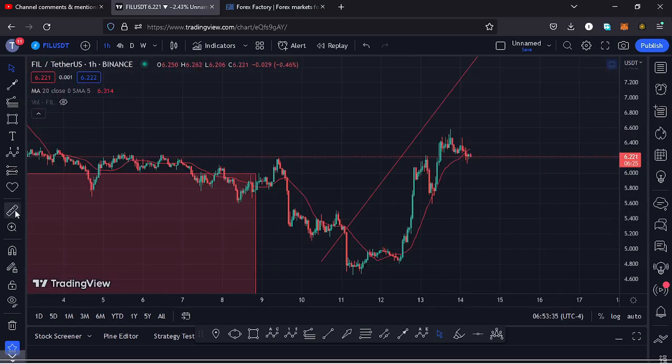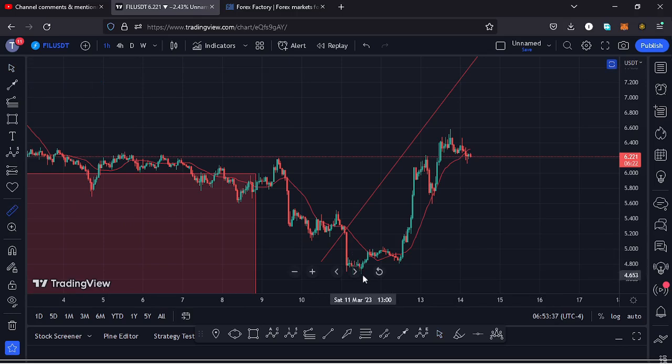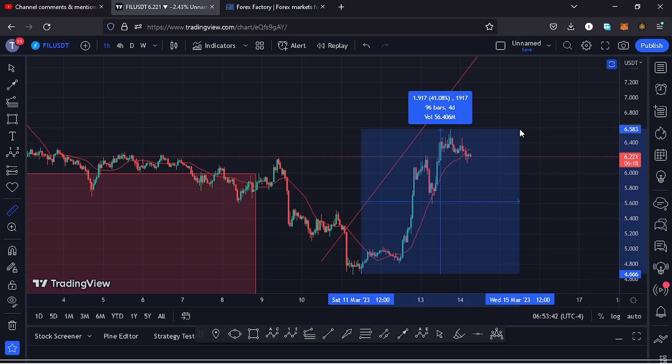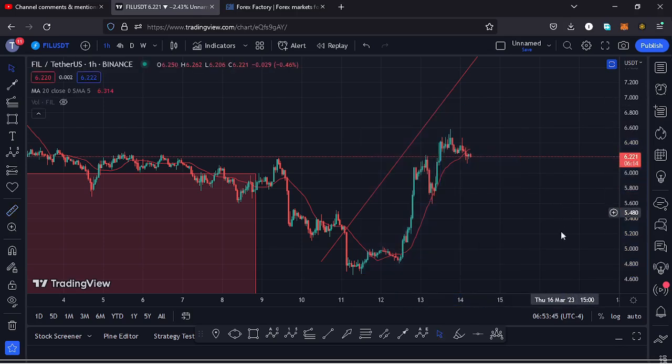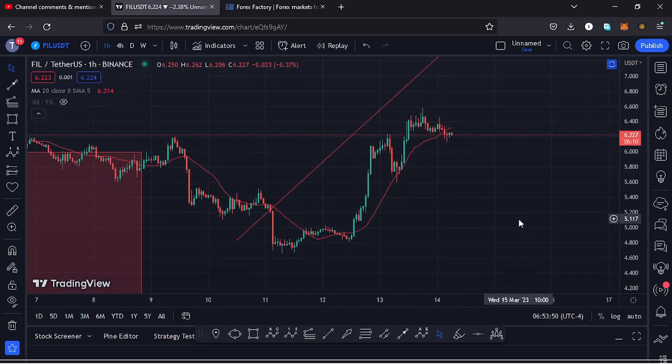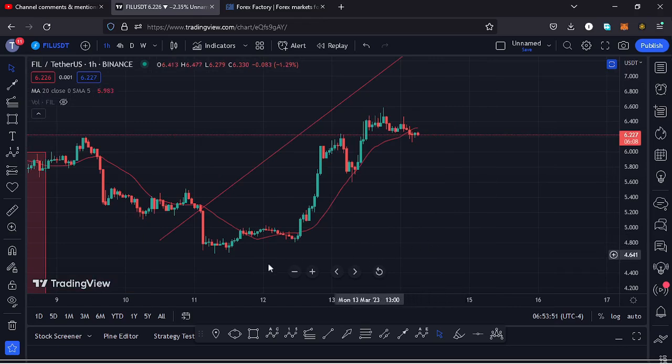And by first giving you a measure from this low that we made down here in the formation of that wave 2 to the highs that we have at the moment, you can see that the market is up by more than 41.08%, which is a very nice bounce to the upper side. And getting to the Elliott structures that we have in formation right here, I believe we are seeing a 1-2